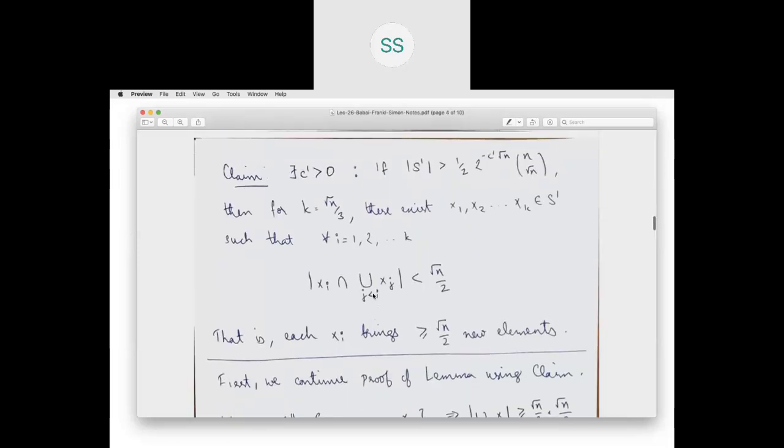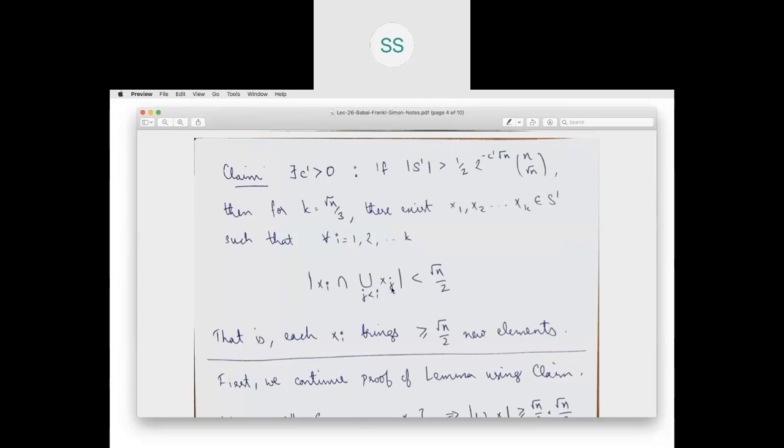There exists a C dash such that if S dash is greater than half 2 to the power minus C dash square root n, n choose square root n, then for k equal to square root n by 3, I'm just using k because it's easier to write, there exist sets x1, x2 up to xk in S dash, such that the property is that for each i,